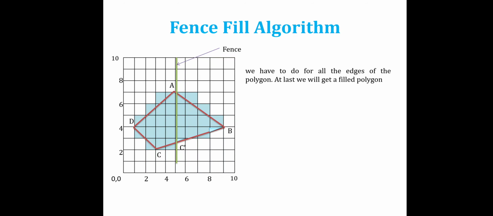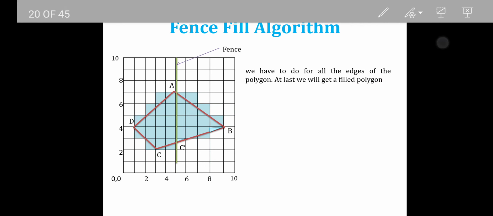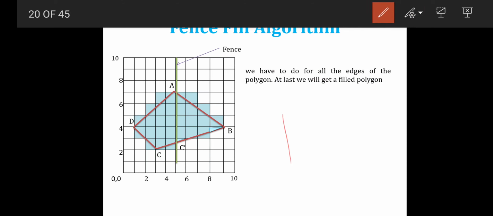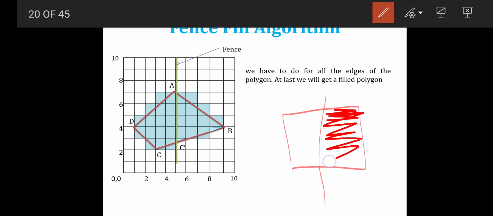here we are not complementing the unnecessary pixels, means the pixels which are on the right hand side till the screen, right. Why? Because we are assigning the boundaries over here. For example, this is my algorithm. So what we are going to do here, we are taking one fence. Why are we taking the fence? So that we have some boundaries, means we have to fill the polygon within these boundaries only. We should not go to the right hand side of this boundary. That is why we have the fence, and due to this fence we are just filling the polygon by giving some boundaries to fill it.